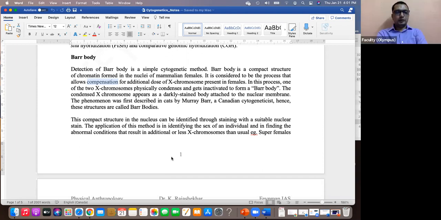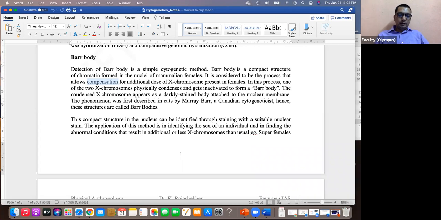Your question is, why do we see such a big dot for a single chromosome? Correct. So it could be because of the compacted pattern. I don't think so. Normally, what happens? The DNA that we have is so much. So if you stain the cell, the whole cell contains thread-like structures, all of it.